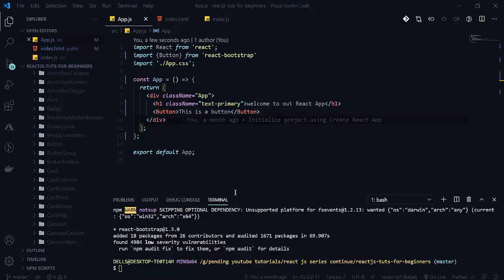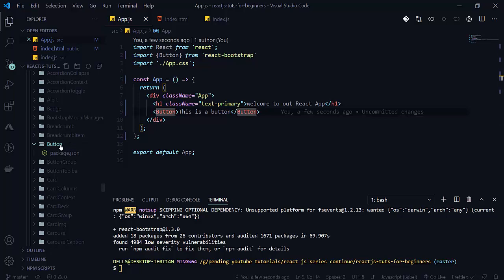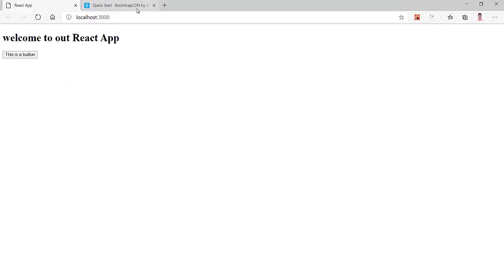But this button is not a Bootstrap-styled button here. So let's see some attributes. So when I go to React Bootstrap, enter here.